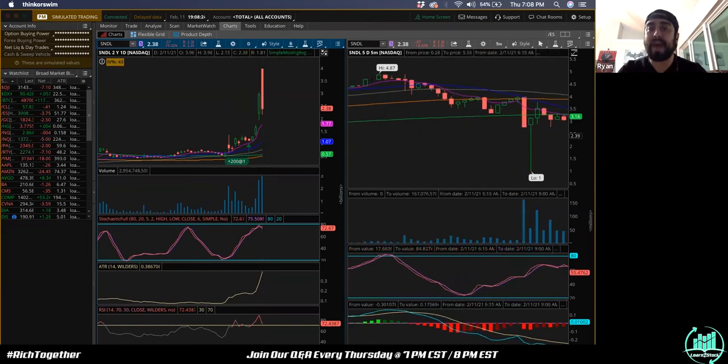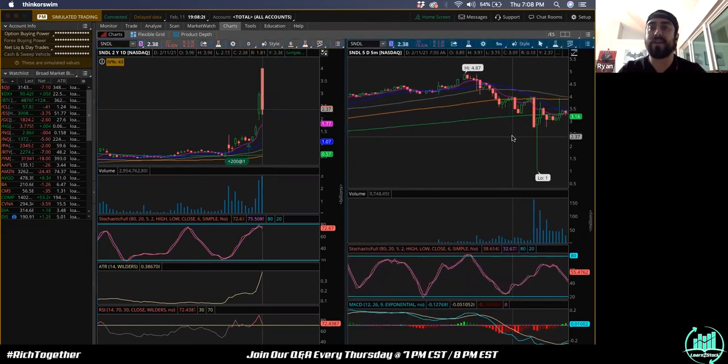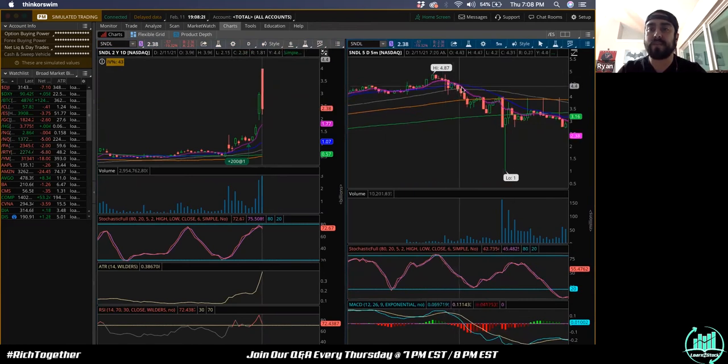But going back to why I got out of the trade, not only did I see momentum, these candlesticks were getting pretty large here. You see how here at the top, this is the uptrend, the candlesticks get kind of small. There's really only two types of candlesticks: big candlesticks and small candlesticks, and they can show you where the momentum is. So it's signaling, hey, these candlesticks are getting small, and then something weird happened. Maybe the market makers were sucking buyers in so they can drive the price a little bit higher, so they can sell it higher.